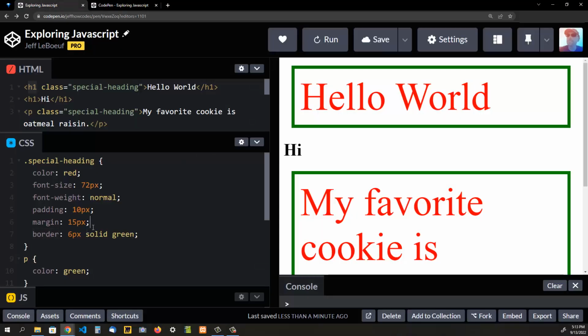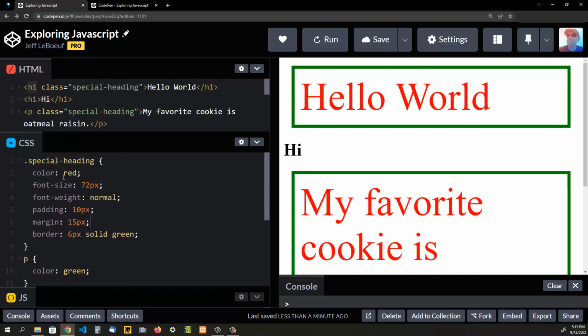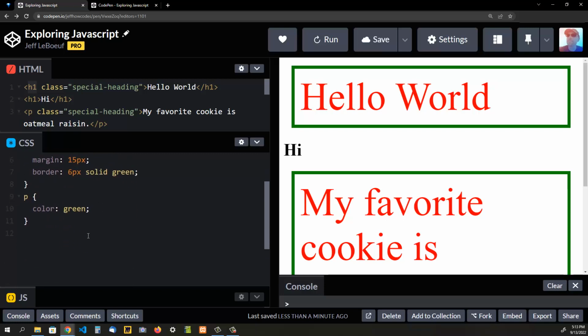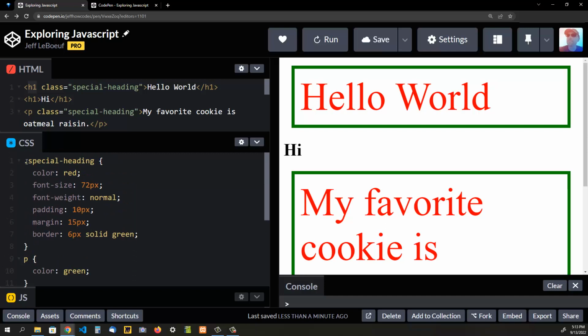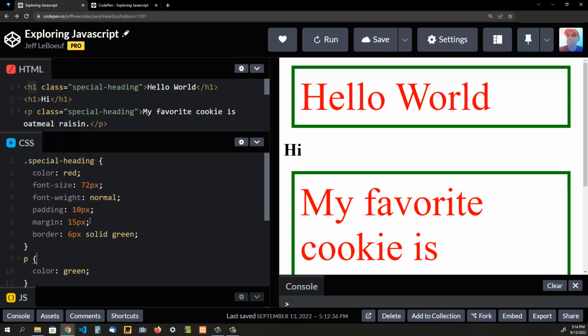Okay, so we wrote kind of a lot of CSS already, and we've got some properties and some values. And I'm going to take a break there. We've learned how to select a class versus an element. There's tons of stuff we can do with CSS. We're just scratching the surface, learning the basic patterns. So again, we can start to get used to writing that. And remember, w3schools.com is an excellent resource. If you want to get really super advanced, check out